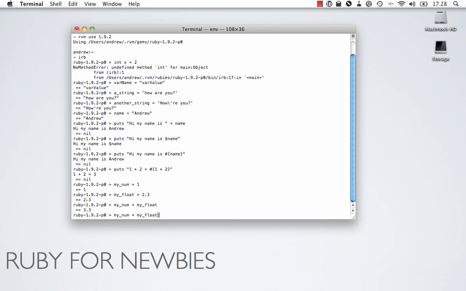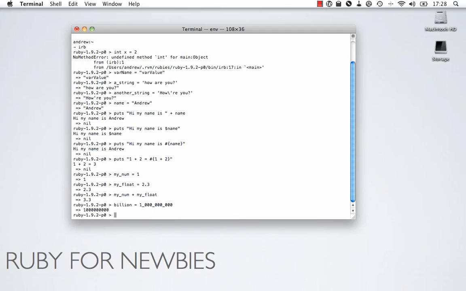However, in Ruby, it's pretty easy because you can use underscores in the place of your commas there, and the Ruby interpreter understands exactly what that means, and it makes it easy for you to see in your code, oh yeah, that's a billion, and you don't have to get up there and count them out. And so that's one little bit of syntactic sugar that Ruby gives you,